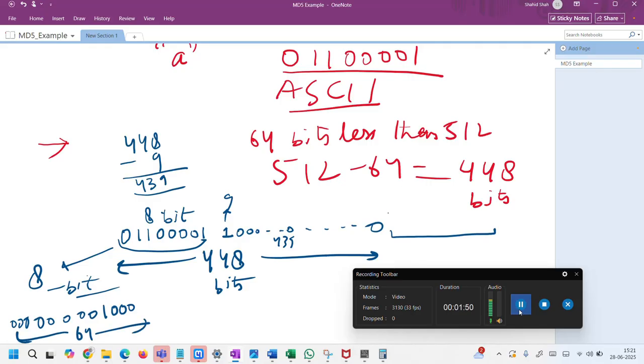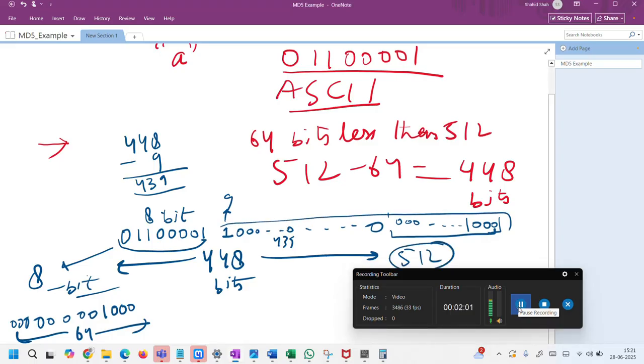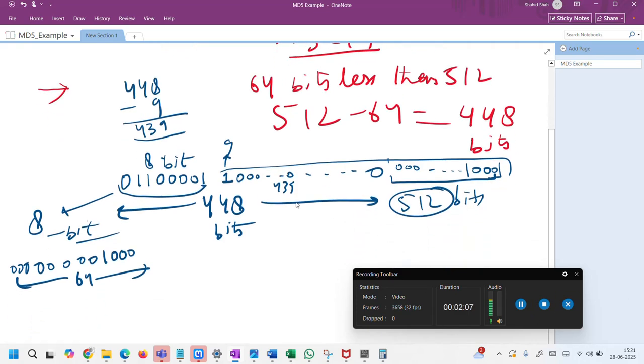So we'll add 0 0 0 dot dot dot, now 1 0 0 0. Now this becomes a complete 512-bit input, perfectly as per the algorithm, so that we can produce the hash using